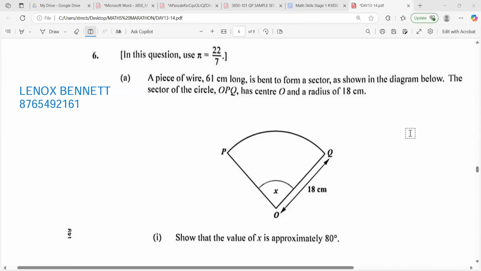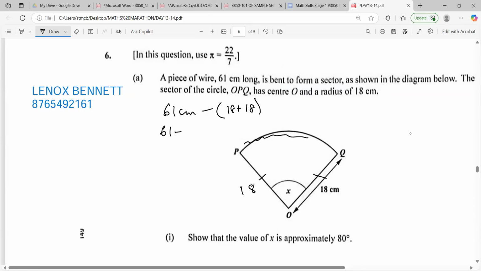When you have the proof, guys, start from what they give you, right? What did they give us? They gave us that the entire wire is 61, right? So we could reason it out. If this is one radius, that means this is going to be 18 as well. Agree? Because remember, it is the wire they bend to form the sector. So if we want this piece here, we just need to figure out 18 plus 18 and subtract it. So that's 61 minus